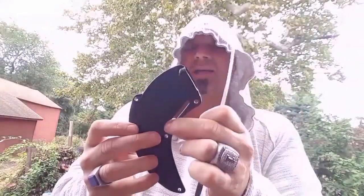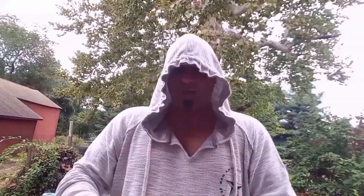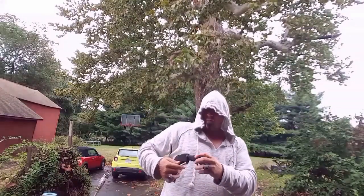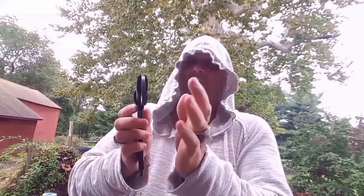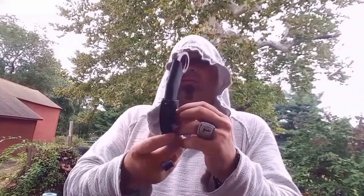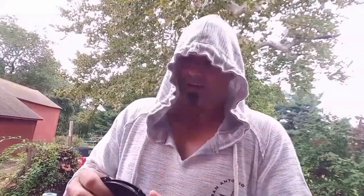It does only have a one-sided belt loop. Remember that a karambit is meant to be worn hiding, not sticking out of your side. So when you put it on, you figure it out so it's not sticking way up, because that's another thing I've seen people say. If you have it on a belt like this, it's going to be up your hip. If you have it on a belt like this, it's going to be behind your hip. So you just really want to figure out what's best for you. But either way, I mean,